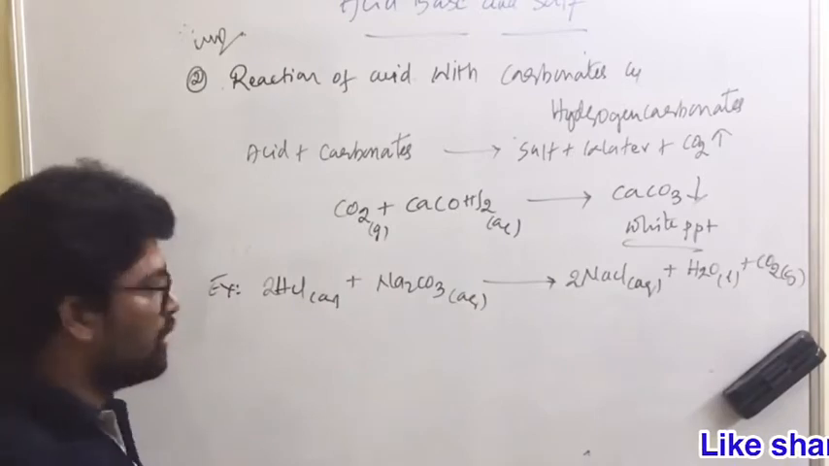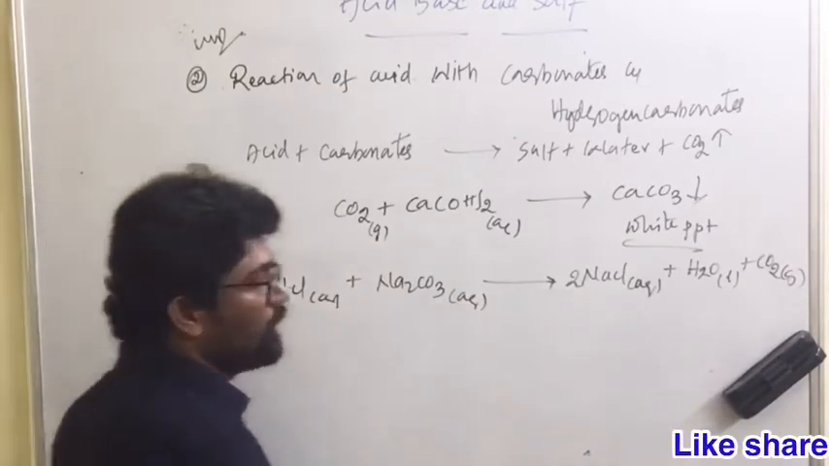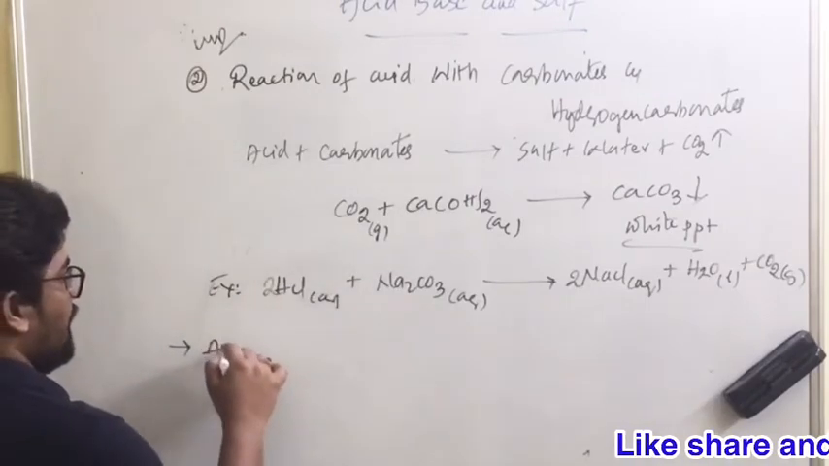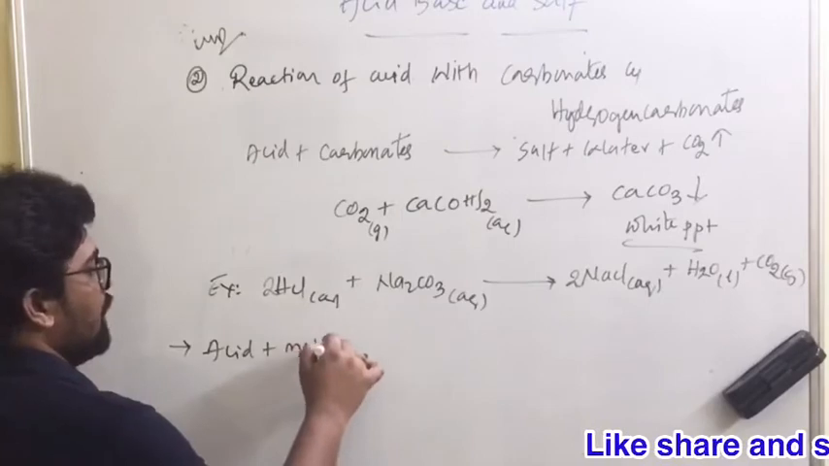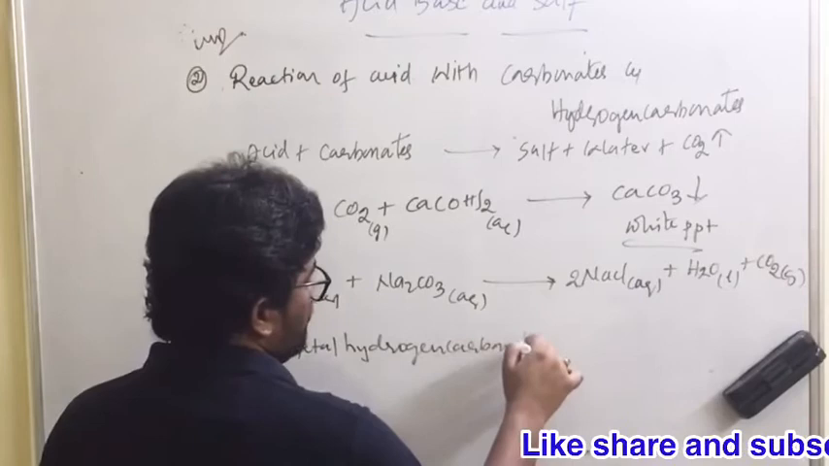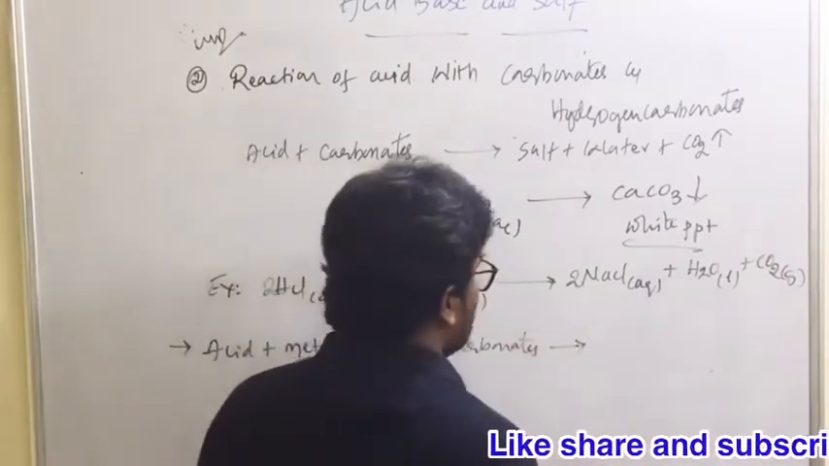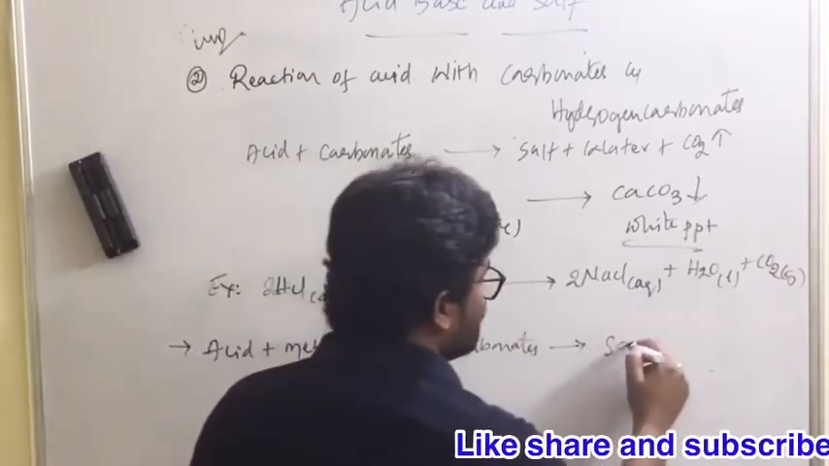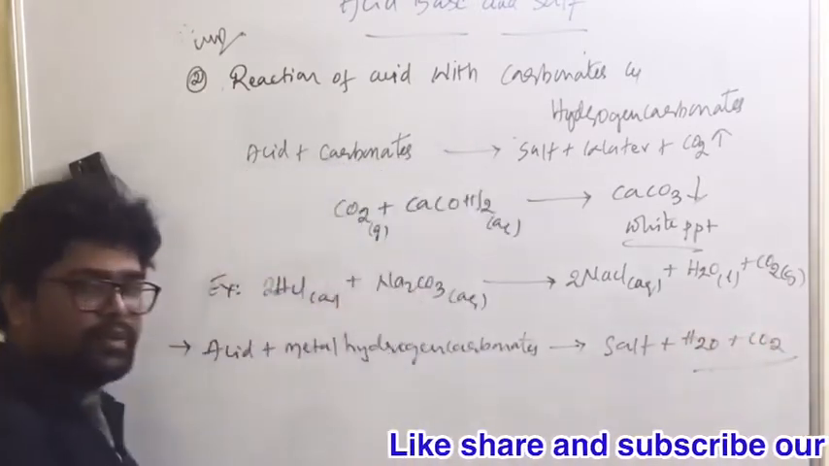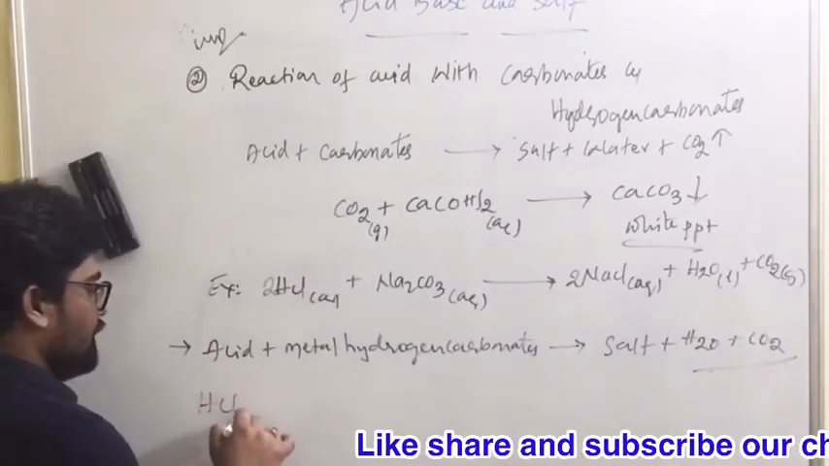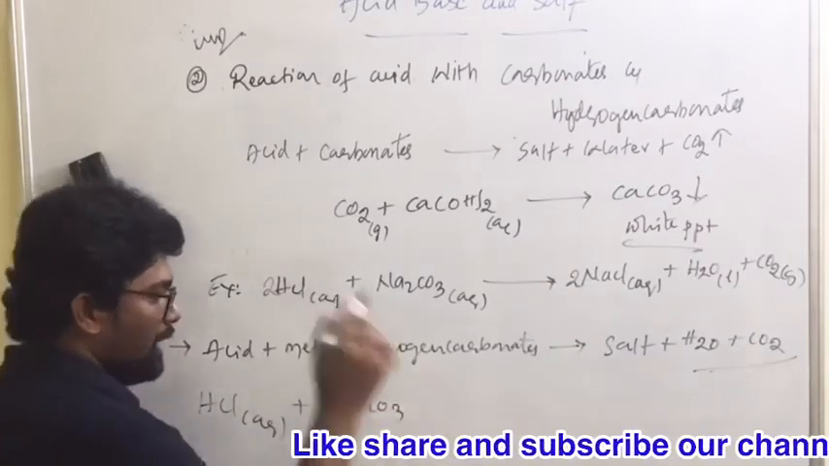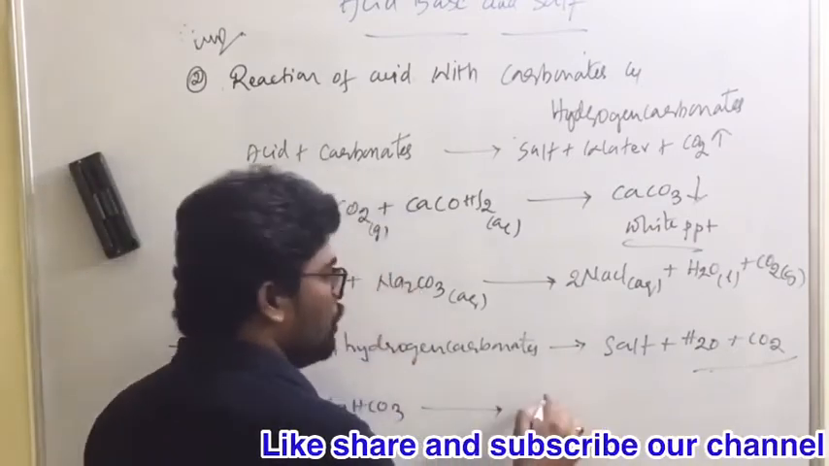Clear for everyone? Now this is the reaction of acid with carbonates. Now what happens when acid reacts with metal hydrogen carbonates? Yes, the same compounds: salt plus water plus carbon dioxide. I'll put down the chemical equation here. HCl, when it reacts with metal hydrogen carbonate, gives you a salt called sodium chloride,